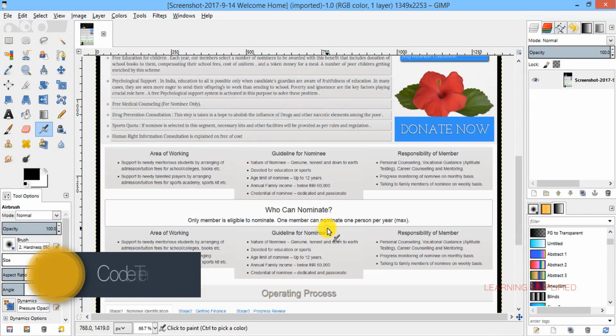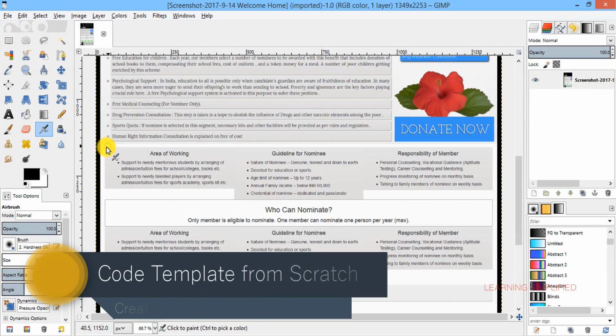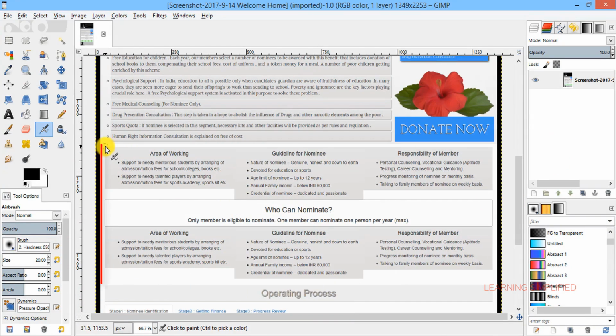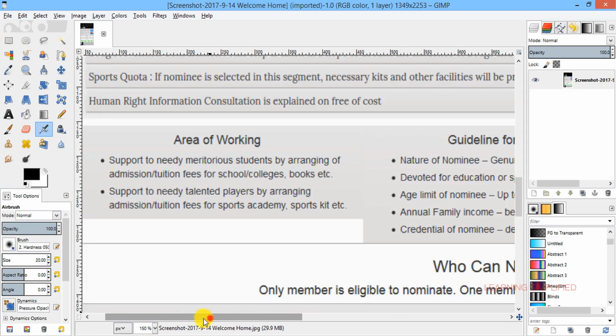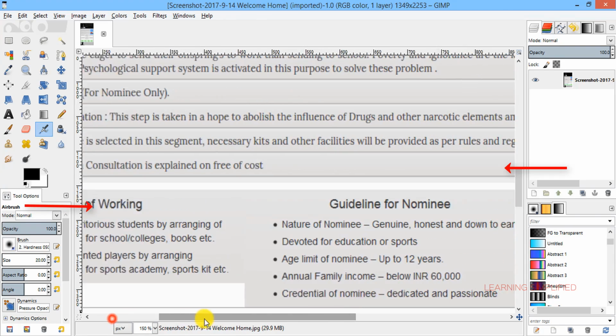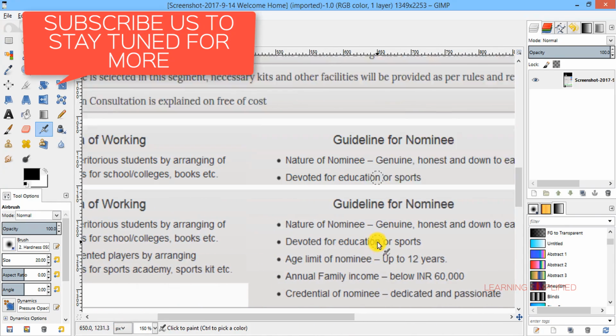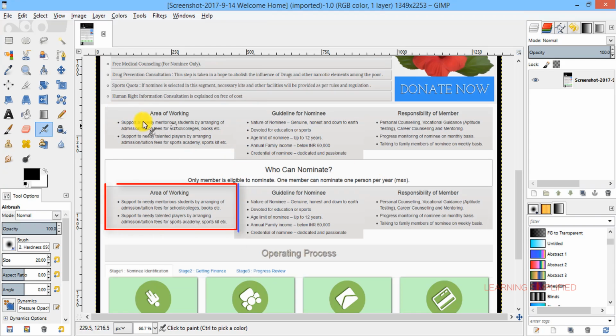Hello and welcome to another new episode of Learning Simplified. In this tutorial, we are going to understand how to make the column distribution to create this particular part of our template. There it goes. In this particular case, there goes the container. There is a padding both from the left and from the right part. And on the other hand, we can see that all those contents are having some unequal heights here. You can see there is a height mismatch and it is intentional. So we need to create it this way, and this is the actual challenge that we are going to face.